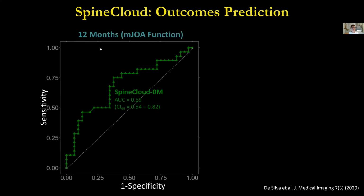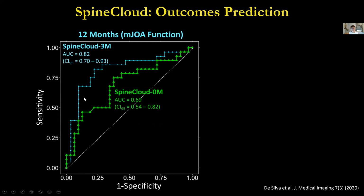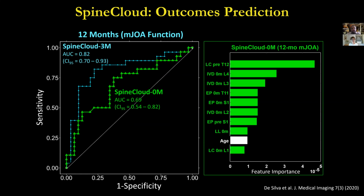And if at 3 months, and if we extend that on to 12 months, we were doing even better, whereby combining image information into the predictive model, we were able to increase the accuracy of predictions up over 80%. The really interesting thing about Spine Cloud is when you go back to the decision tree and ask,